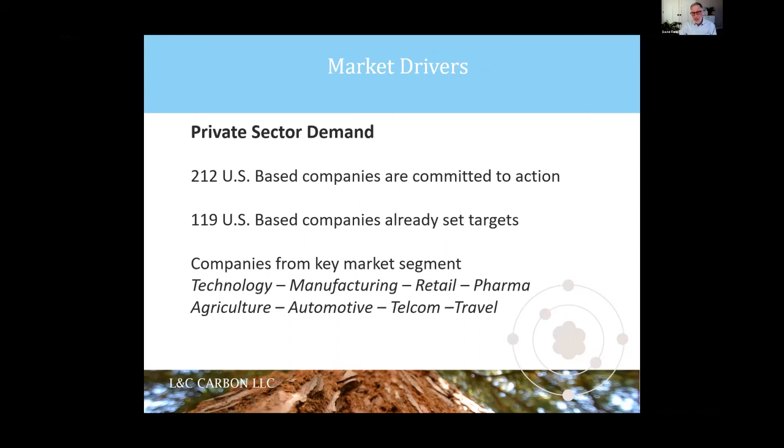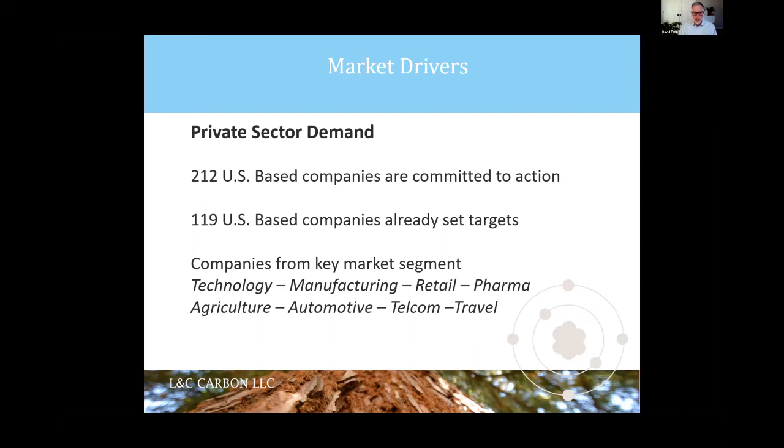And part of the challenge is these corporations have put out these significant targets, including trying to achieve net zero, and yet there's not enough offsets in the marketplace to be able to address all those commitments at this point. So that's an interesting situation that we're facing. As an example of a couple of local companies, Jackson Family Wineries, they own about 25% of all Oregon vineyards now. They're a California-based company, but they've been buying up wineries here, and they have set specific targets already.